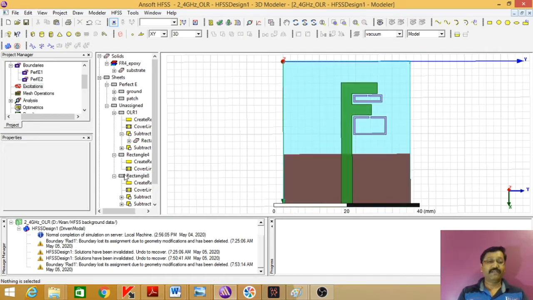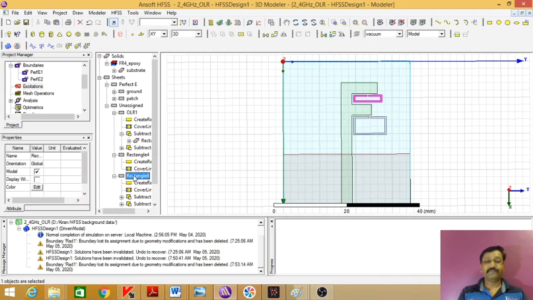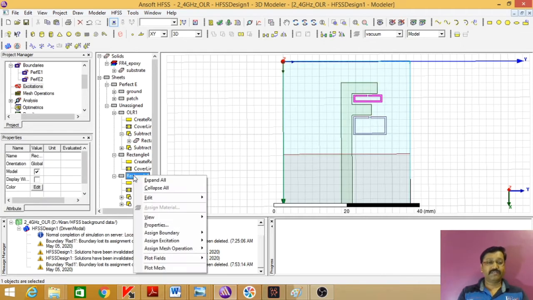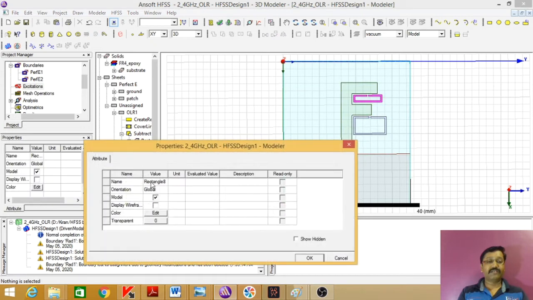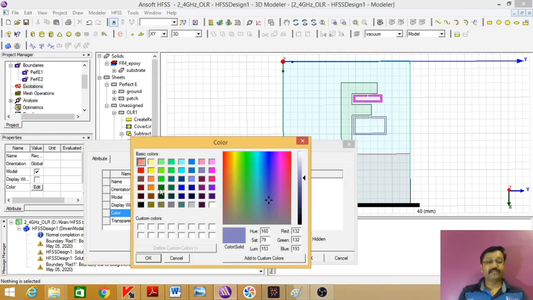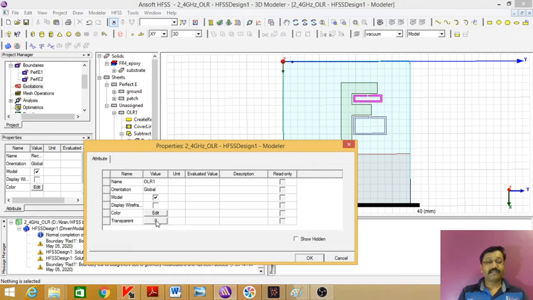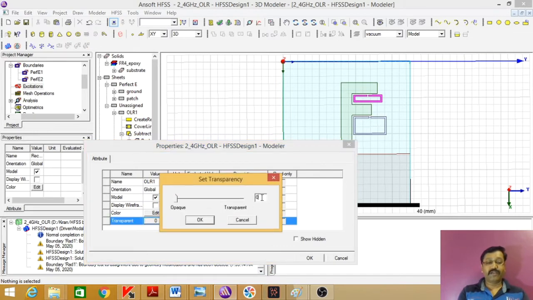I will simply rename them. So this is OLR1. So I will click on this. I will make this as OLR1. I will edit the color. I will say OK. Transparency 0.2.